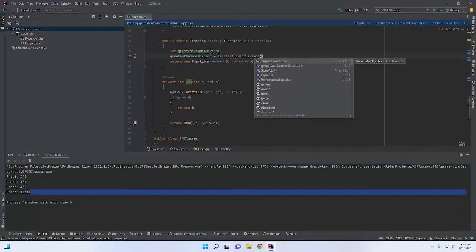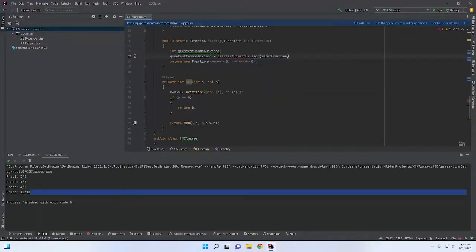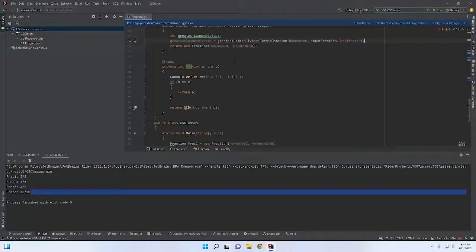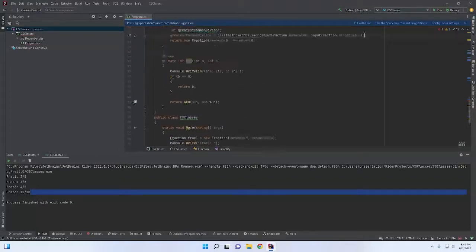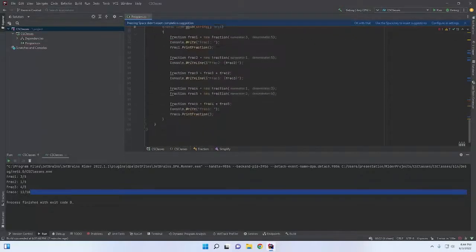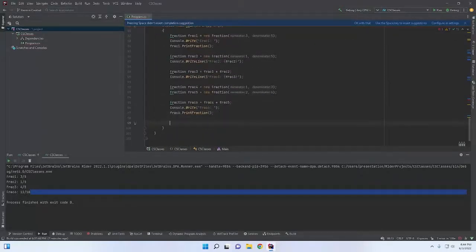And then we want to pass in inputFraction.Numerator and inputFraction.Denominator. So we're passing those in. Just for fun, let's go ahead and see what this actually does. This is static, so I can go ahead and call it down here. So I will say Fraction.Simplify, because again, it's a static method. I can go ahead and call it directly. I need to give it a fraction,